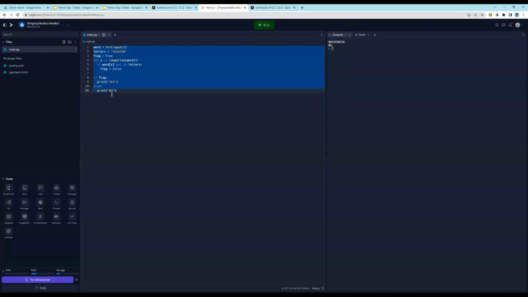And again, just to reiterate, this thing over here is basically indexing. The square bracket is picking out that specific location, the letter at a specific index. So let's recap. It's a range from the length of word. So we know that, let's say if we have a word called